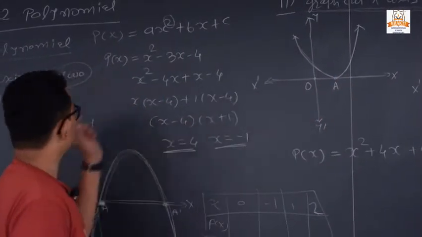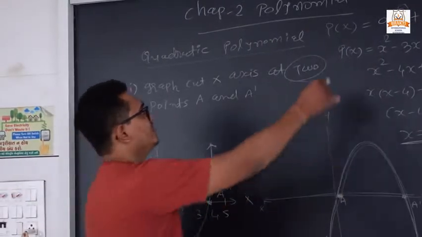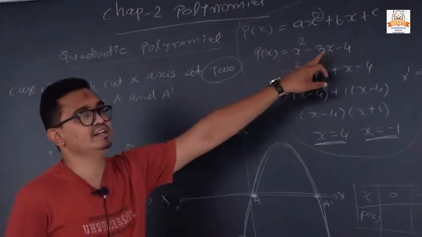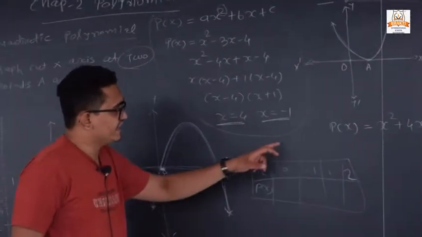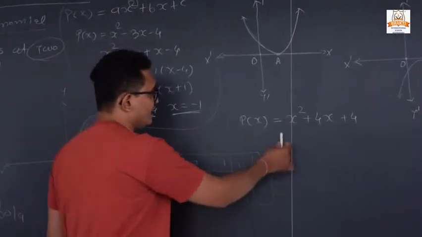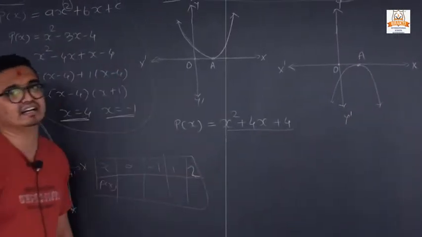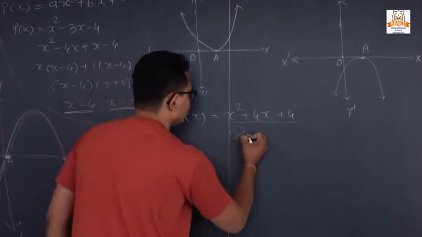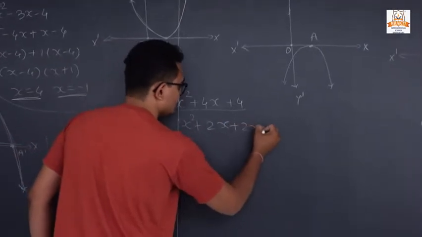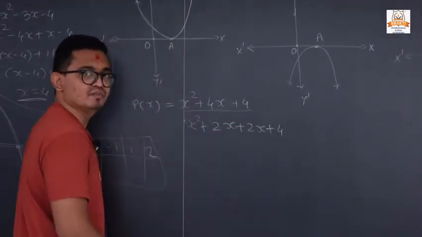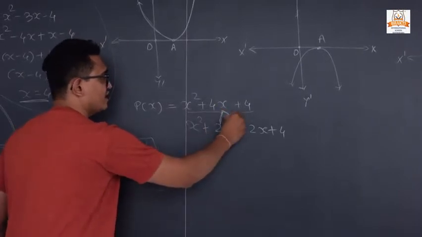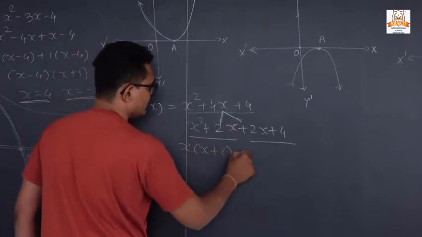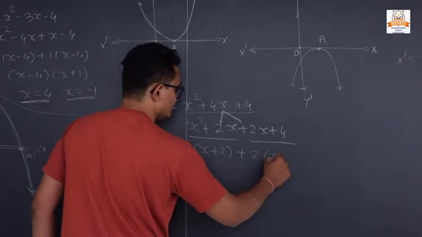What is the difference between the first case and the second case? For that, you must remember that it depends on our question, on which kind of quadratic polynomial is given. Now in the second case, what happens? We take one example so you can get the idea. Here I want to factorize it: x square plus 2x plus 2x plus 4, because 2 times 2 is 4. That is its factorization. Now we take x as common, so x plus 2. Once again 2 is common, so x plus 2.